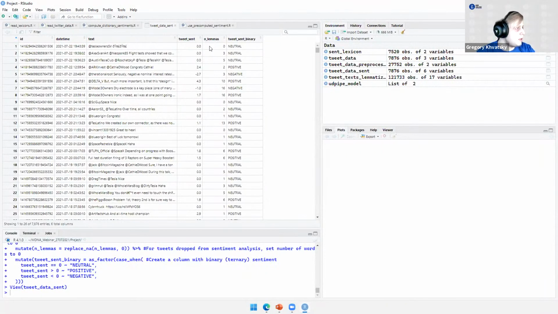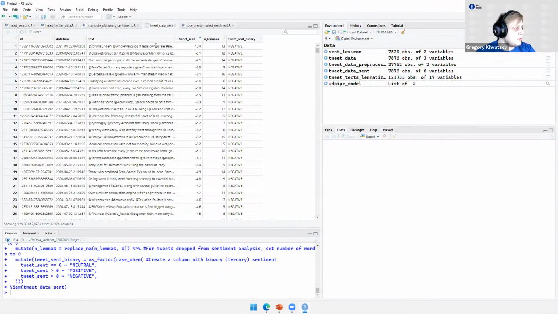We can actually just sort them by sentiment to find the most negative tweets, and here he's talking about some Tesla owners who are conspiracy theorists, or that they are not conspiracy theorists, and you can actually see that it's negative. And for some other tweets, you can also see that he's talking about someone's grief. So these numbers actually correspond to the actual content of the tweet, at least as I see. Now,